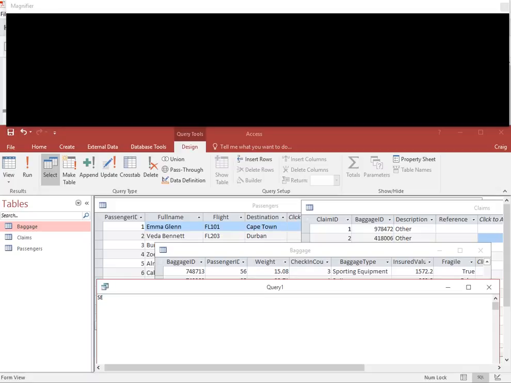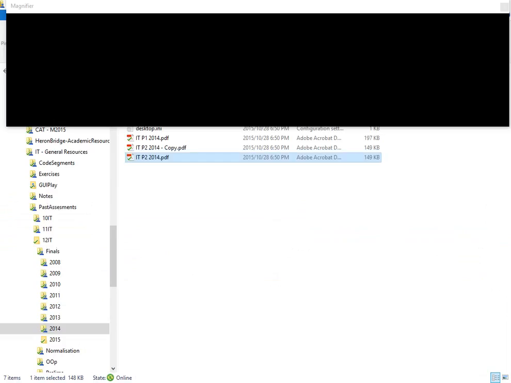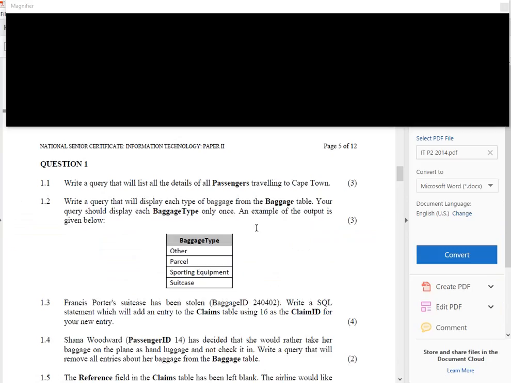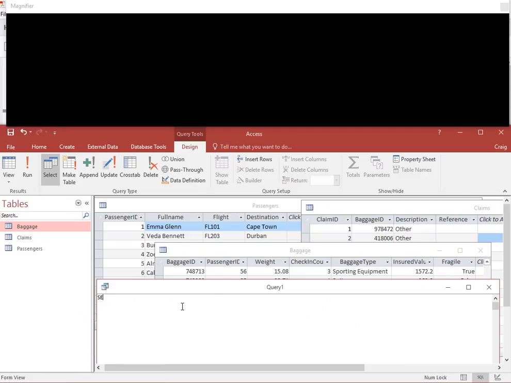So the question states, select all passengers traveling to Cape Town. So if I go here, I say, select star from passengers. It just says display all passengers, so it doesn't specifically state which fields to display. So I said select star because it didn't specifically state which fields. So I say select star from passengers where